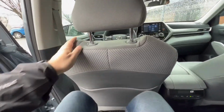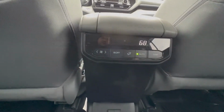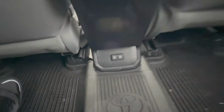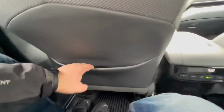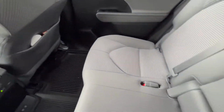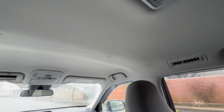If we jump inside, you have climate control options here as well. You have options here to charge your devices. You have 2 USB Type-A's in the back, and you have some storage here as well. In terms of the design, you have cloth materials on the back seats, of course, and you have some options